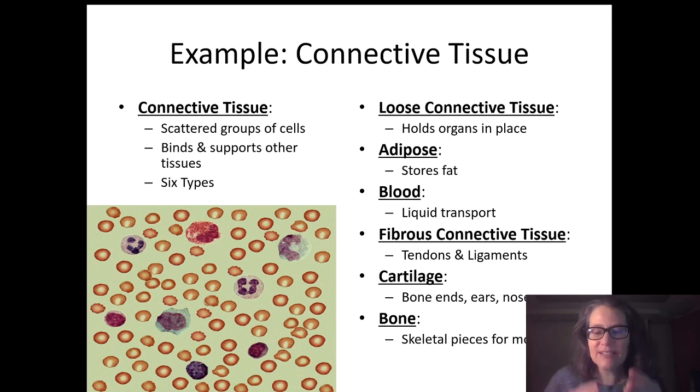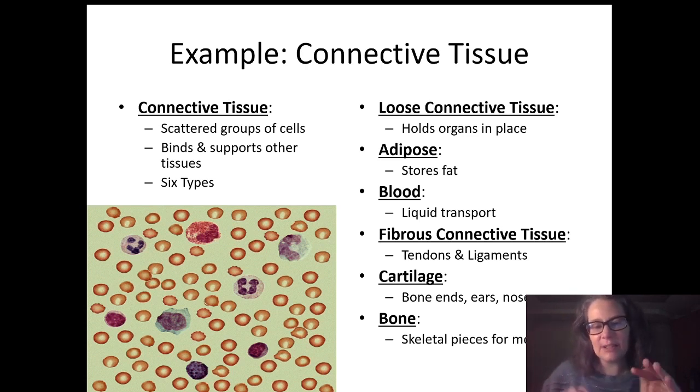If you have ever dissected a deer or done anything with a whole chicken before you cooked it, you might have cut into a cavity and seen some of these different connective tissues. Loose connective, if you cut into a deer carcass or something like that, is all this spider webby material that holds organs in place. That is your loose connective.